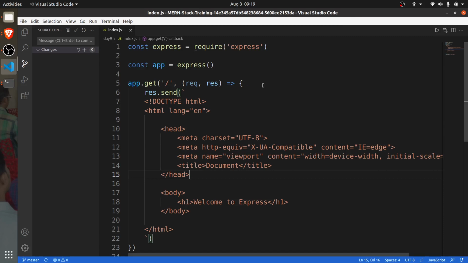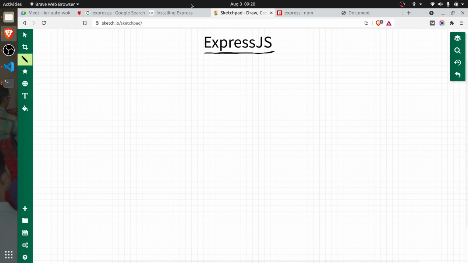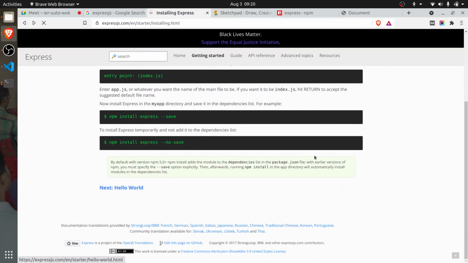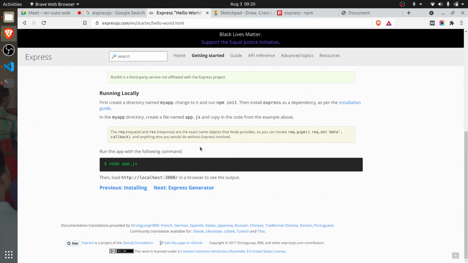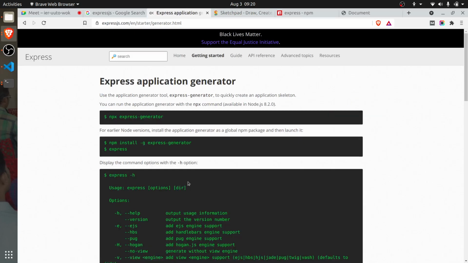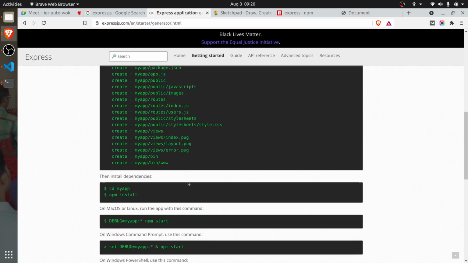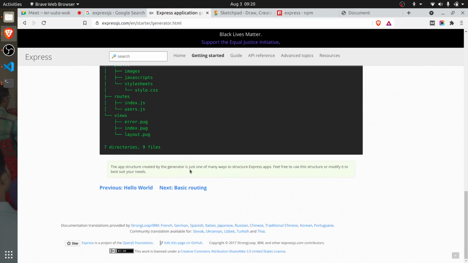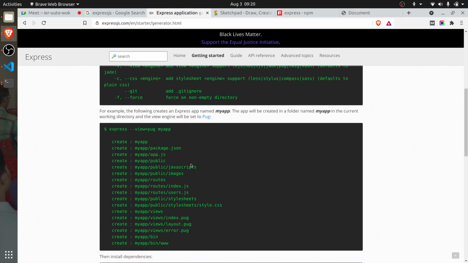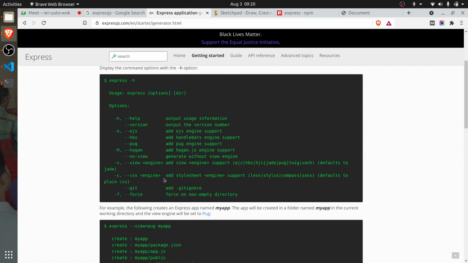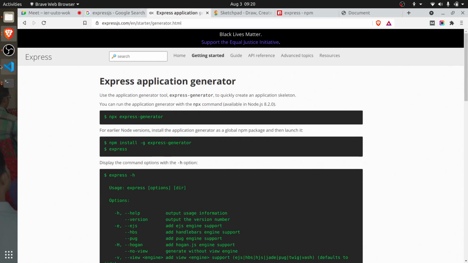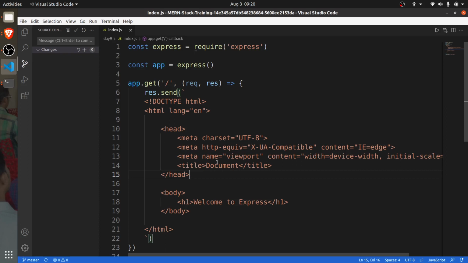Now I'll come to this point later on. This point I don't want to cover right now, the Express generator. But what we have done over here is we have worked with the get request.